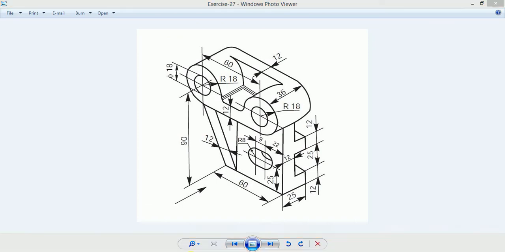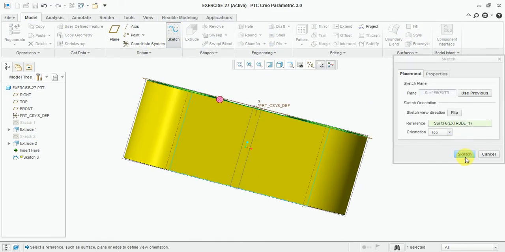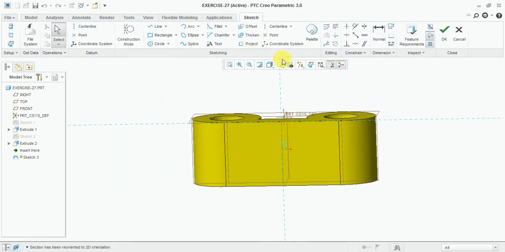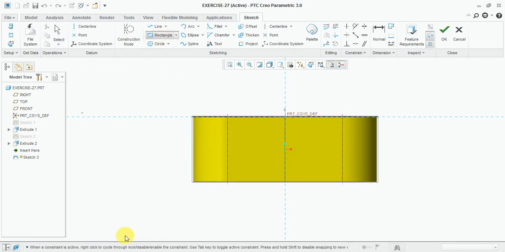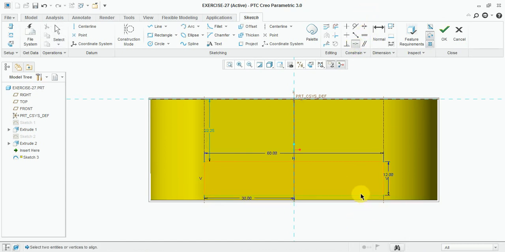Select sketch, select this face, okay. Draw a rectangle here, give the dimension 16 mm, this one is 12 mm and half of 60, coincide with this edge, okay.